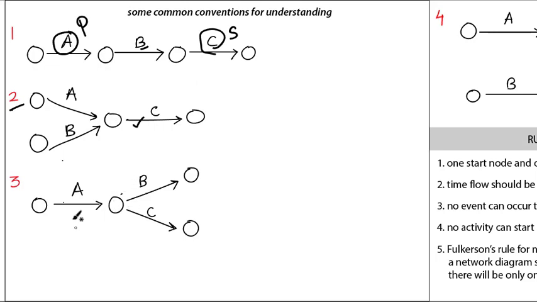So now look at this one. After the completion of activity A, B and C can be simultaneously started, right? So these are all the examples. You will understand it only while you are solving the problems. So just remember the meaning of this arrow: A and B will be finished, then only you can start C. While here, A should be finished first, then B and C can start simultaneously.